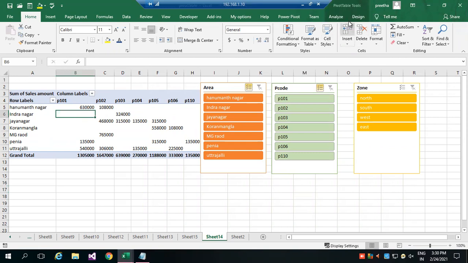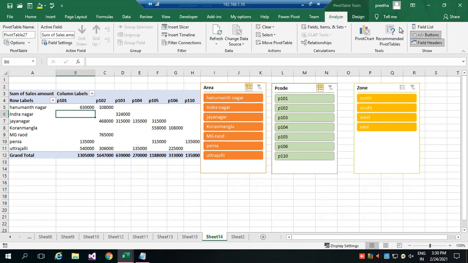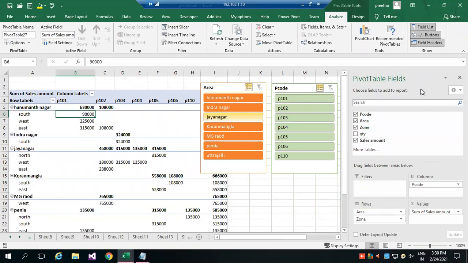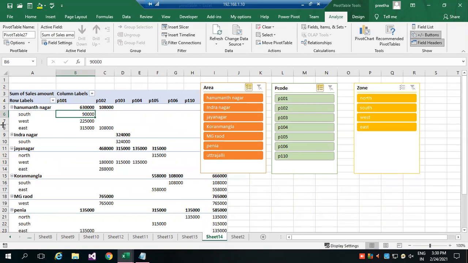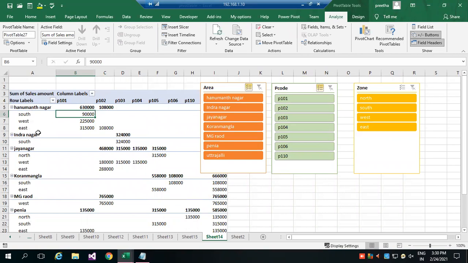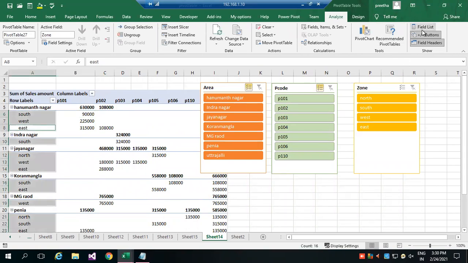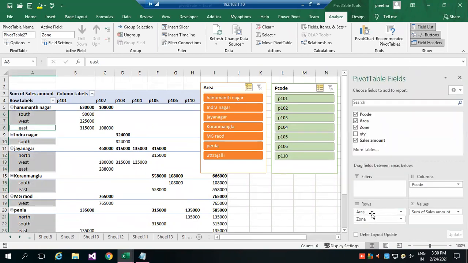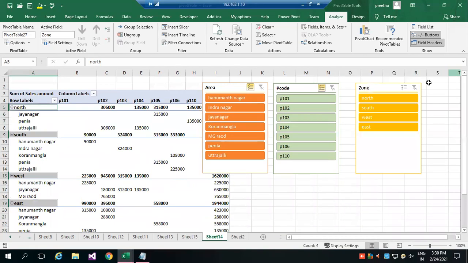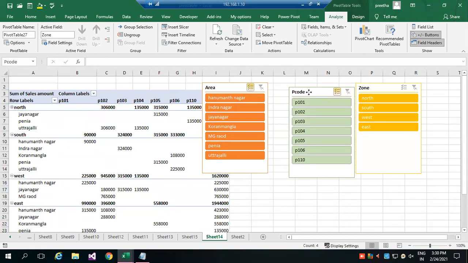So anytime in the pivot table field, suppose I add zone also. Now zone is also added. You could see south zone. So zone I'll put above the area. Now you could use zone as well.